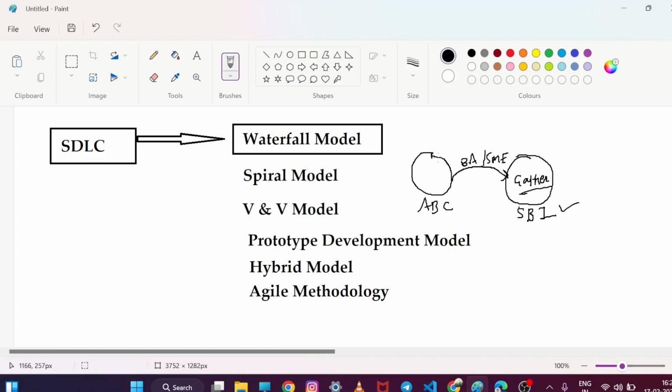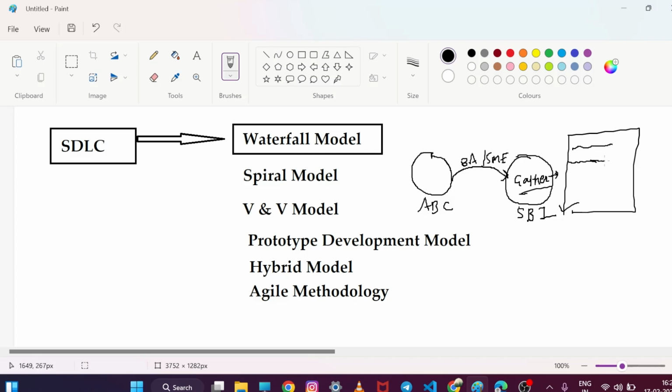Okay, फिर requirements क्या क्या होंगी SBI के लिए? समझो SBI को software चाहिए to manage the accounts. So SBI की requirements क्या क्या होनी चाहिए? The software should be functionally stable because SBI के customers ज़्यादा हैं. If at a time 1000 or 1 lakh customers try to log in to the application of SBI, there are chances that the application may lag or crash. So it should be functionally stable.